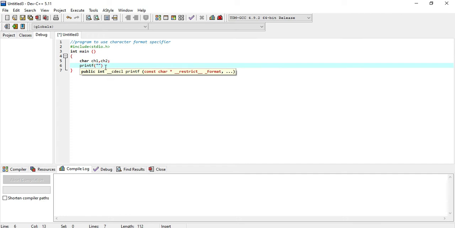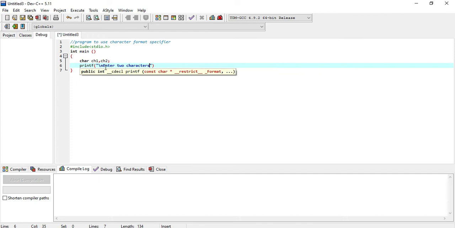I am using here again \n just to introduce new line. Let's suppose enter two characters, because I want to see any characters. So I want to take those characters from the keyboard. That's why I'm writing here a statement that enter two characters, or you can write any statement here depending on your choice.